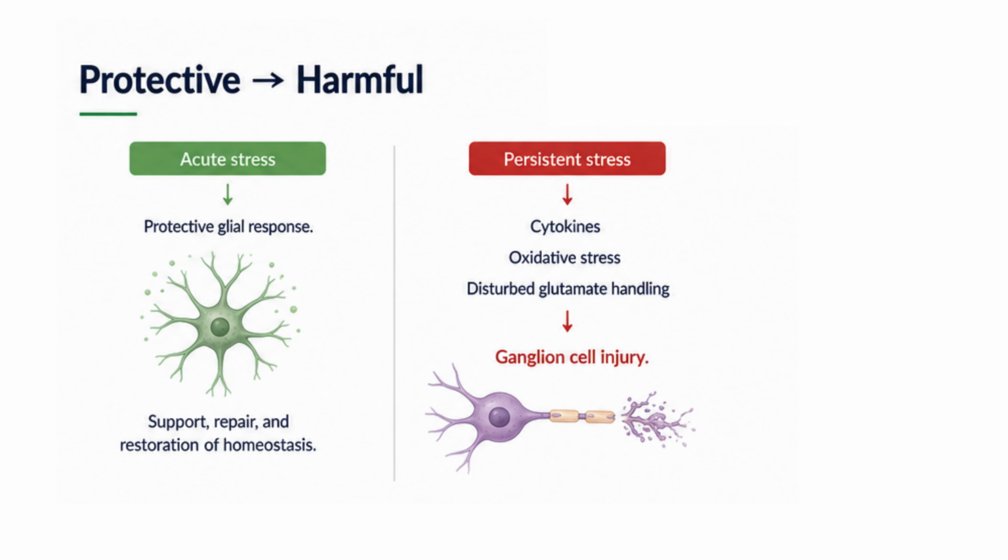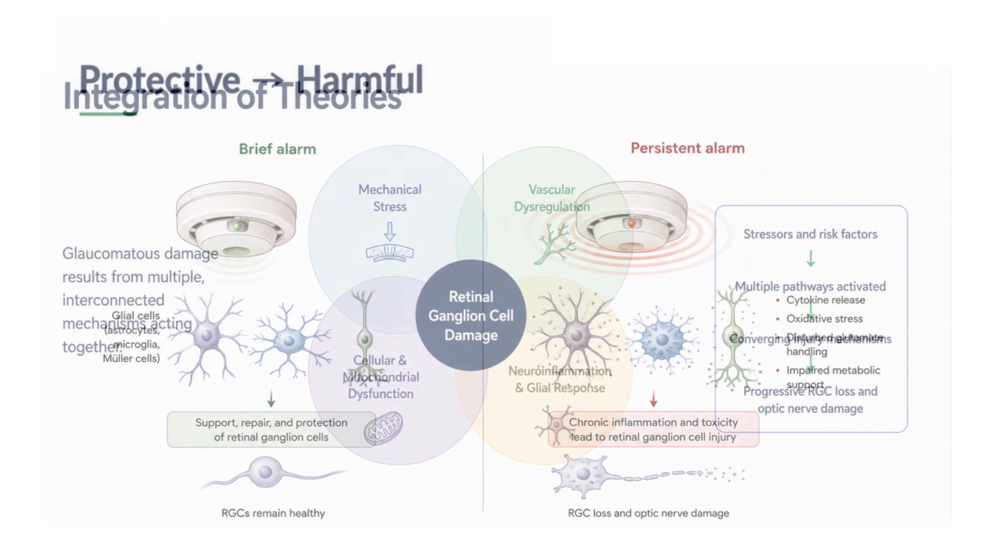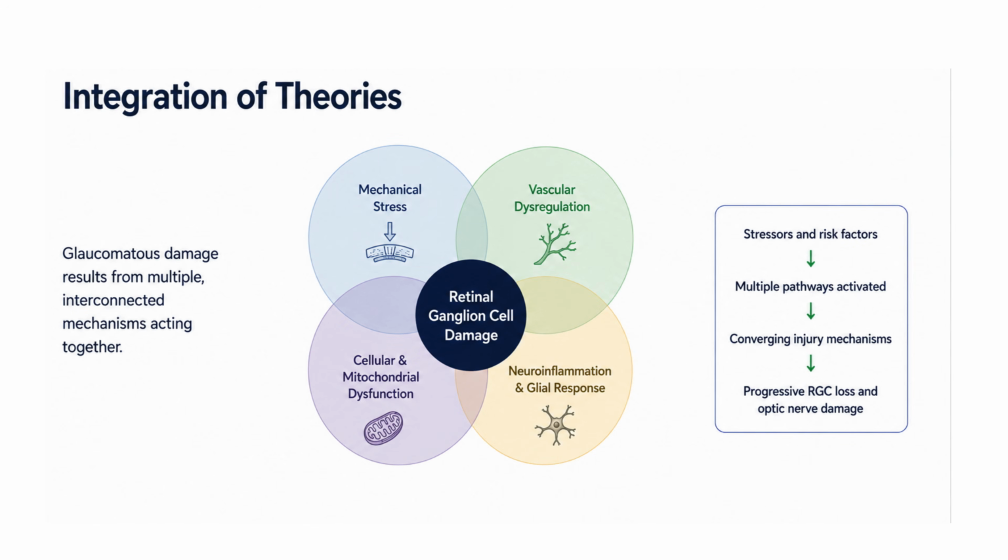retinal ganglion cell injury. A useful analogy is an alarm system. Initially, the alarm alerts the support system and brings help to the injured area. The support system here is the inflammatory response and the glial tissue. But if the alarm remains switched on for too long, the response itself can become disruptive. In the same way, chronic glial activation may shift from support to additional injury, and these mechanisms basically interact with